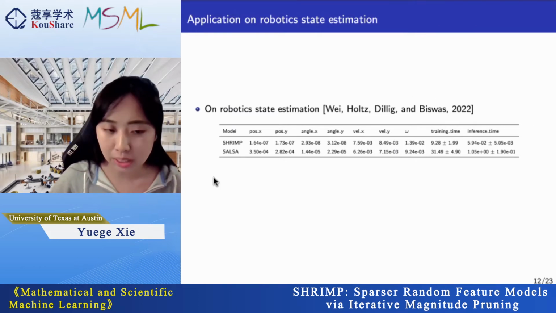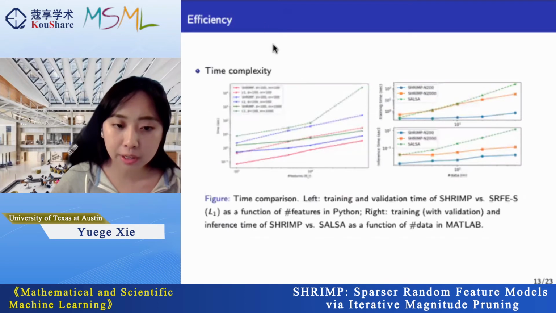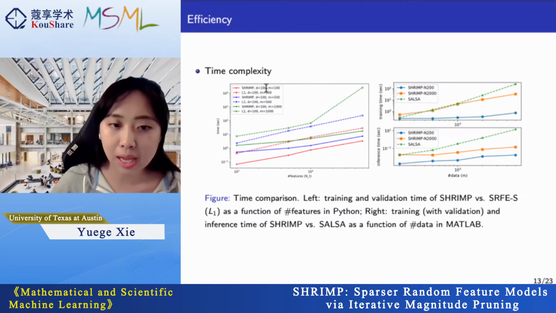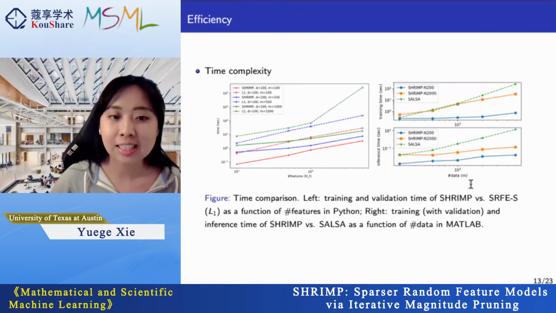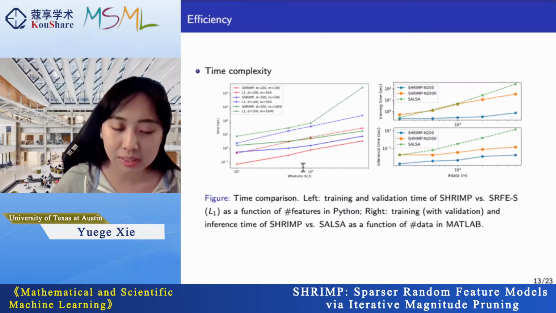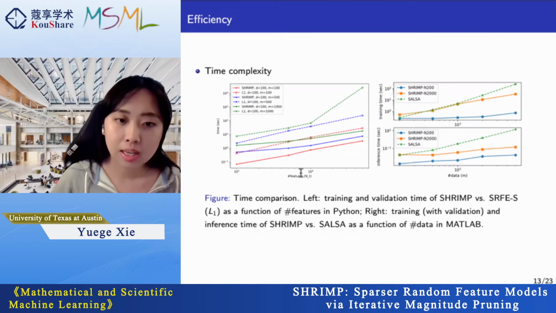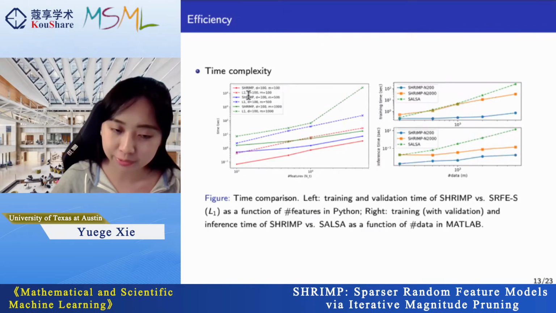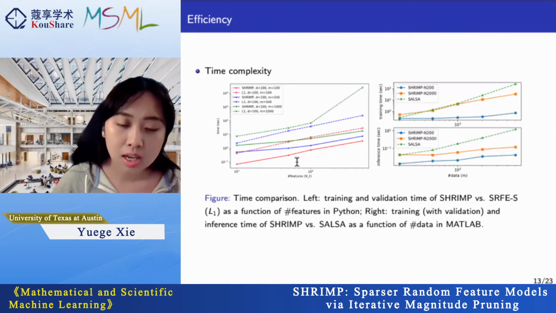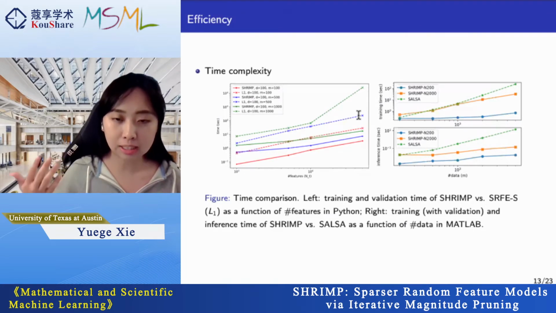So the inference time is a crucial efficiency measurement in practice. And beyond this comparison, we also illustrate the time complexity comparison with SHRIMP and the L1. The L1 is just the SRFE here, and we compare that with the increasing number of features and with different dimension and number of data. We can see the solid lines are SHRIMP, so that's much lower than that of the SRFE, which needs the basis pursuit to get the